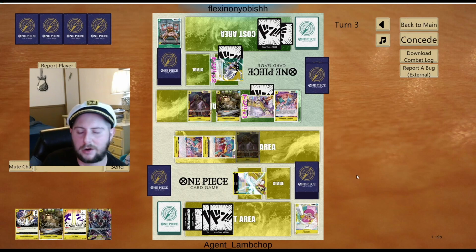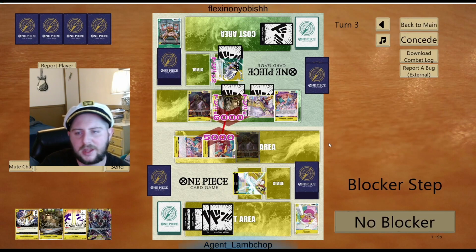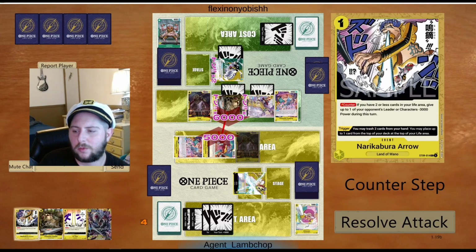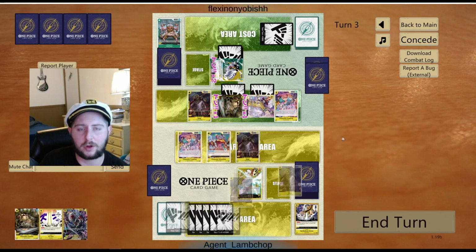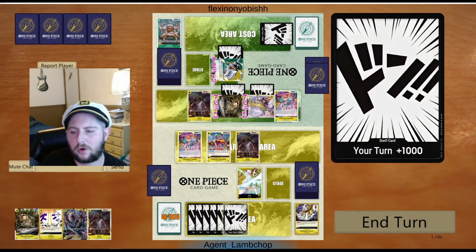I could have done the arrow, to be honest with you. Either one would have been fine. Honestly, now I'm thinking about it, no, the arrow would have been the better target to pitch there, because it just reduces a character by 3K. But I think right here we're just wanting to try and keep the smoothie on board, so we have bodies and we don't have to use our blocker to swing. We're on 6,